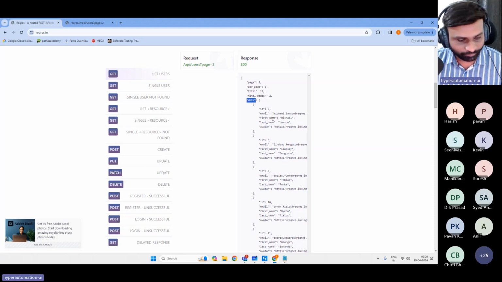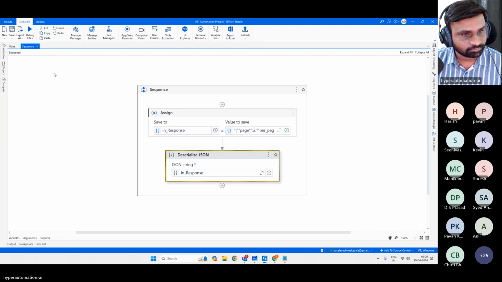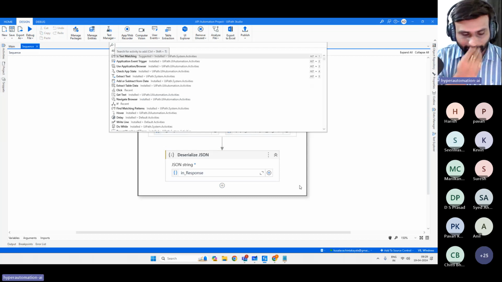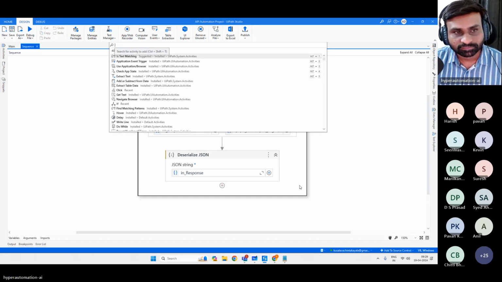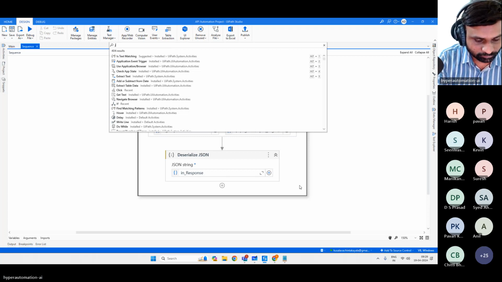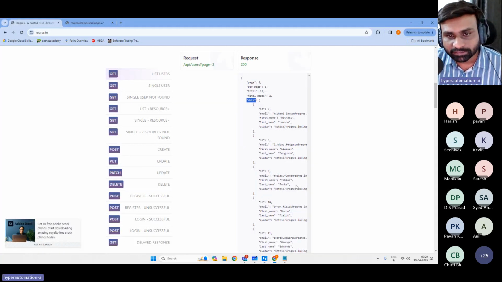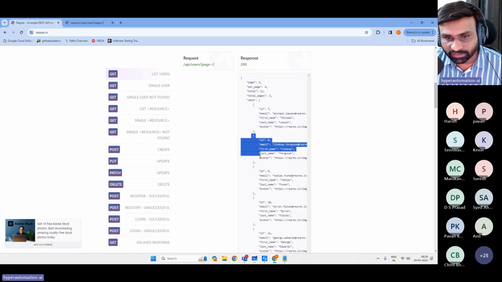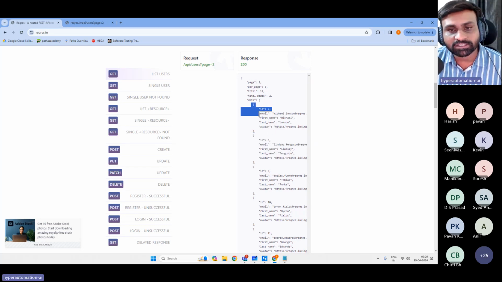Let me take the data and here it is a JSON array, right? Why I'm saying array here: if you see, there is a bracket and you have multiple values inside of it. So each one is a JSON object and it is a collection, which means JSON array. Whatever values we have inside of our data is a JSON array,